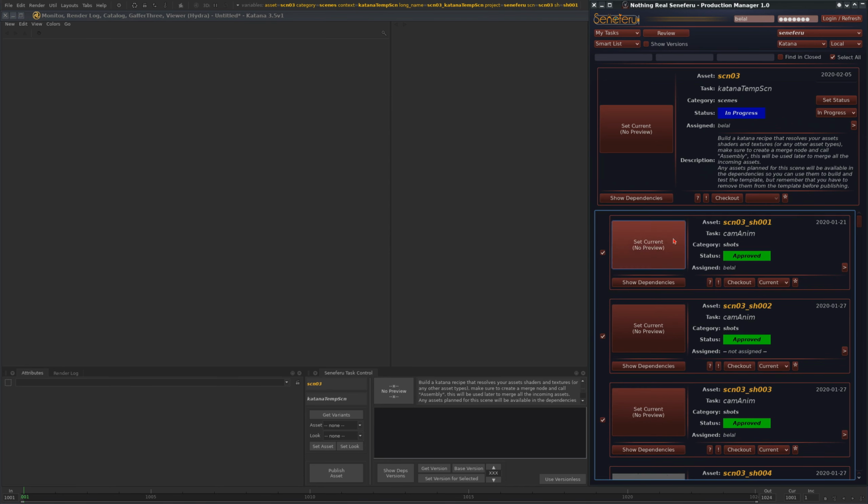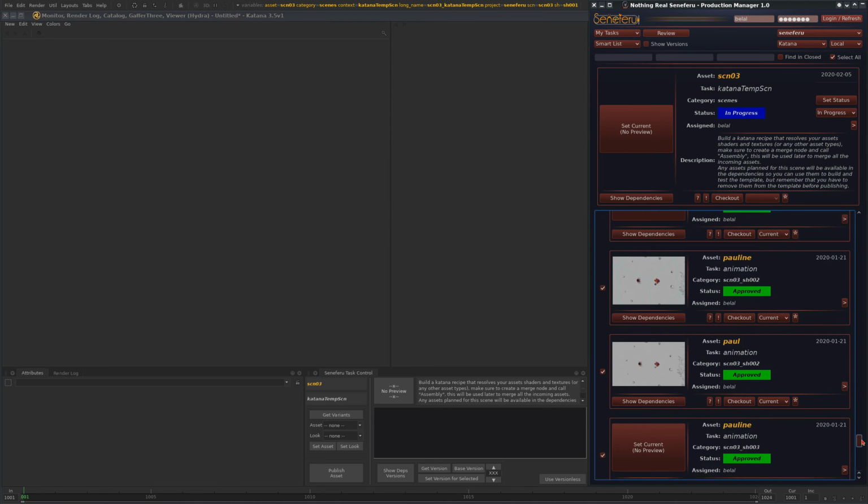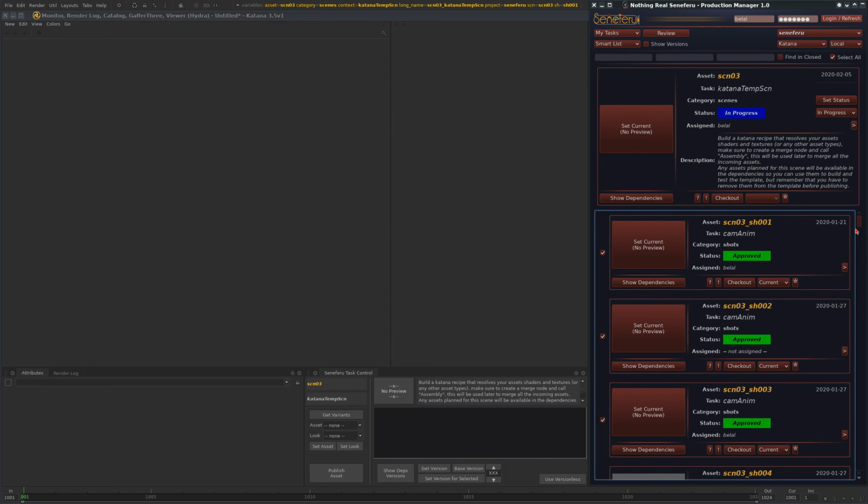So of course you might be seeing here hundreds of objects or asset components, depending on how big your shots are and how many shots are in this sequence. Going through each one of them to selectively decide what you want to load is very tedious and not a good thing, and loading everything blindly is also not the right thing. So we will rely here on the Seneferu Production Manager, who will do something really nice for us. As you can see, everything is selected. I will blindly load everything, but don't worry, the